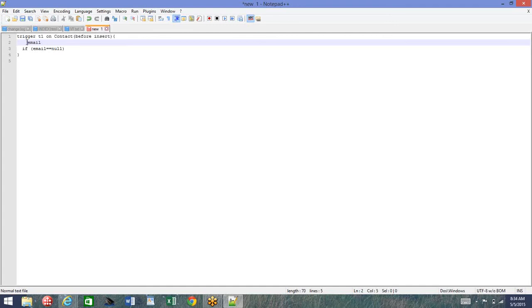If it is a string, we supply the value for it. But are we talking about a string here, or are we talking about a field called email? I'm talking about the email field, right? Then email is on contact, not just a string, right? So this should be what?